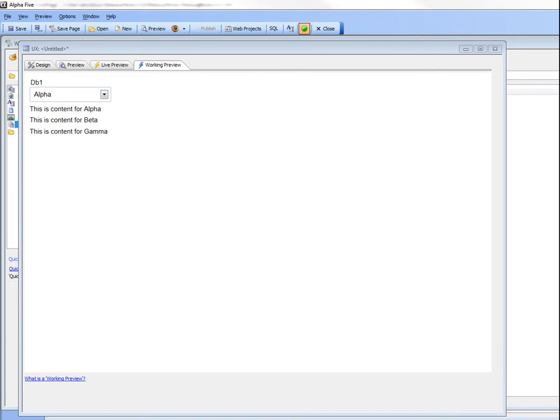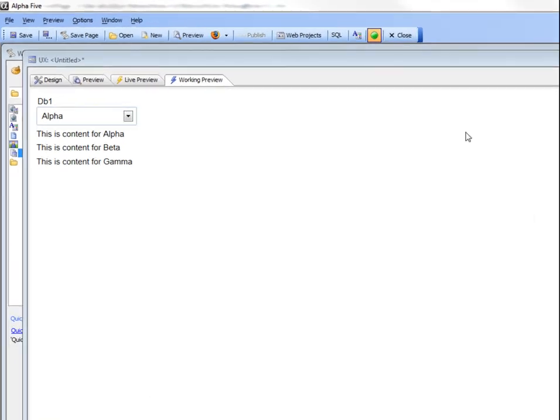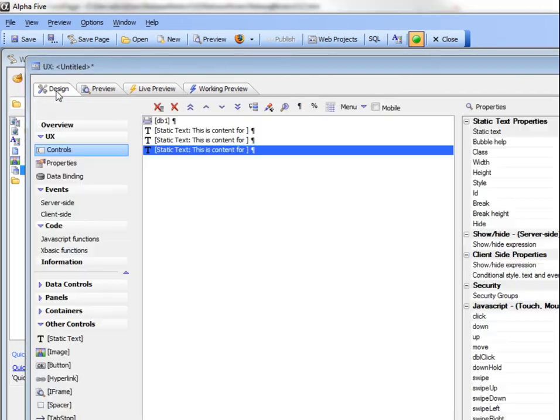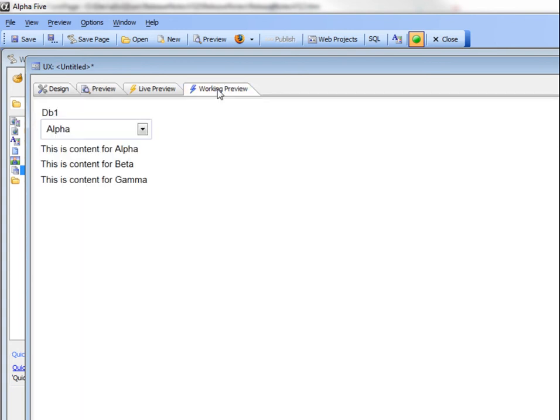In this video we'll show how the tab control object in the UX component can be used to display conditional content in a UX component. So you can see that we have here a simple UX component with just 4 controls. We have a drop down box and then we have 4 static text boxes, and what we would like to do is display only one of these static text controls,